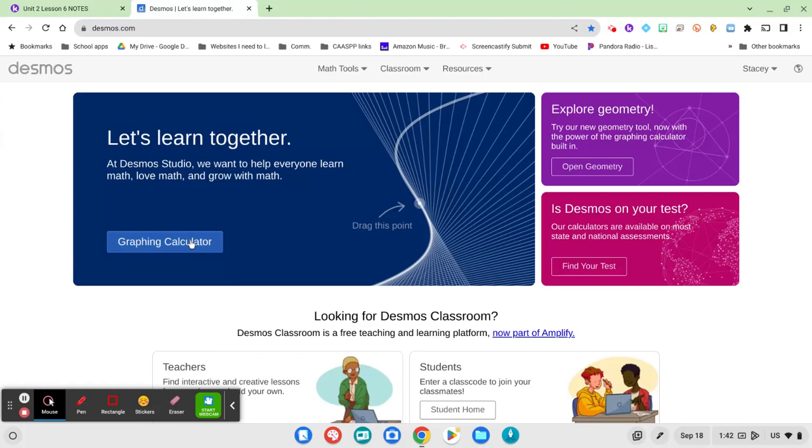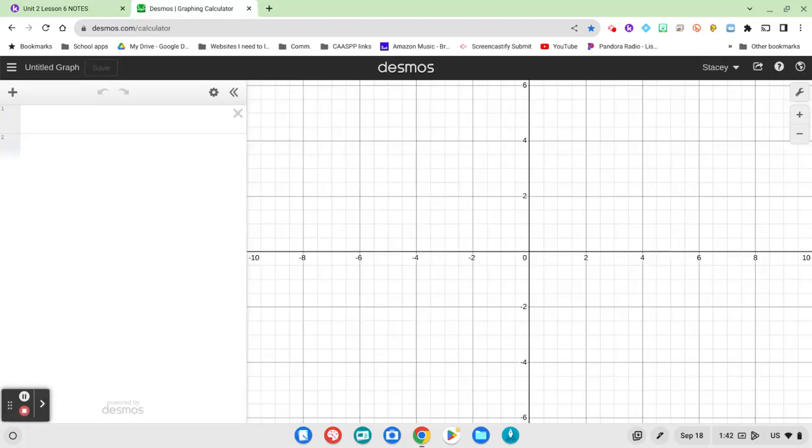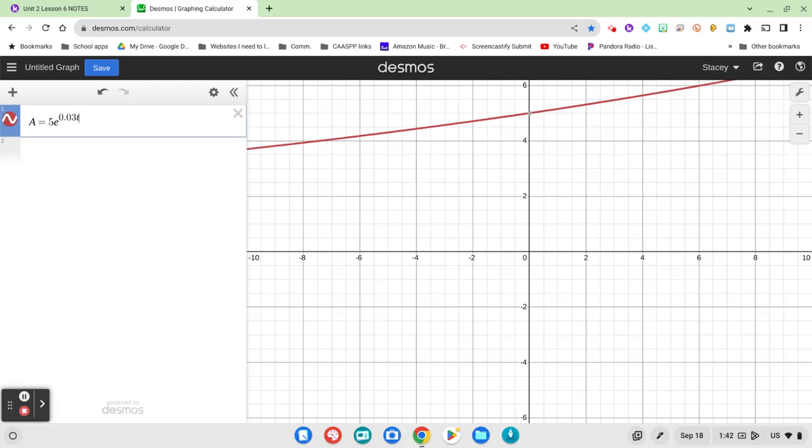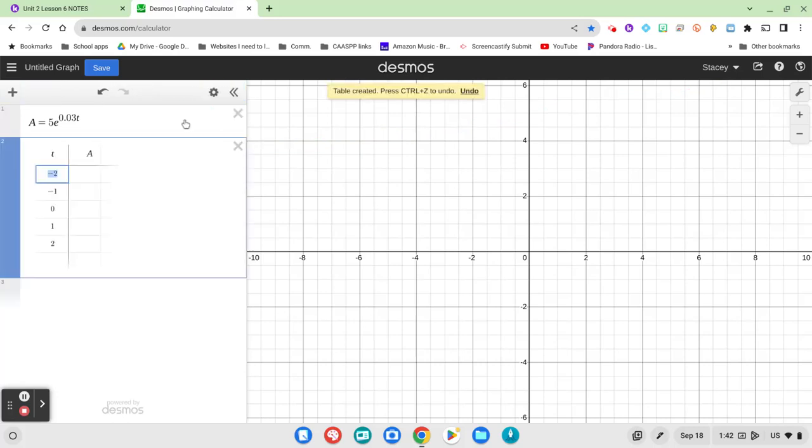And we're just going to go straight to the graphing calculator, and we're going to put in our formula. But let's see if A works on this one. Sometimes it works, sometimes it doesn't. E, I'm going to raise it to the 0.03, and I'm just going to go T. Let's see. And if you come up to the gear sign and you go to the table,